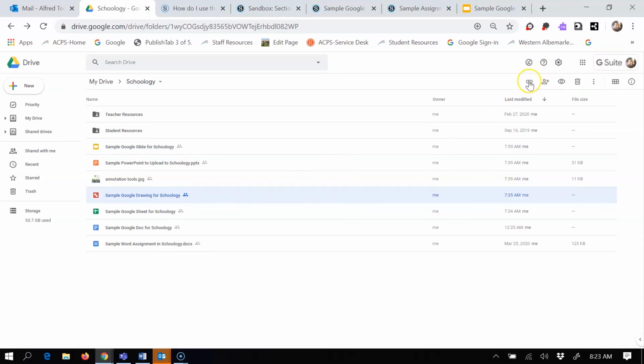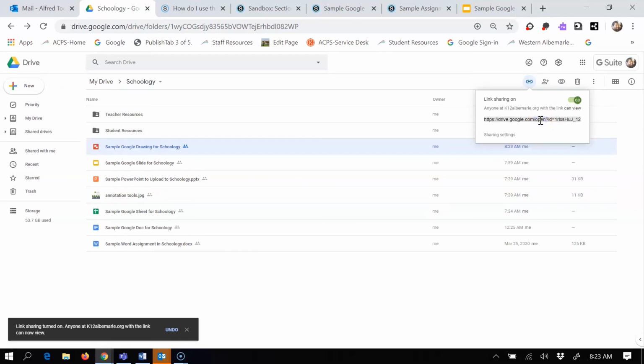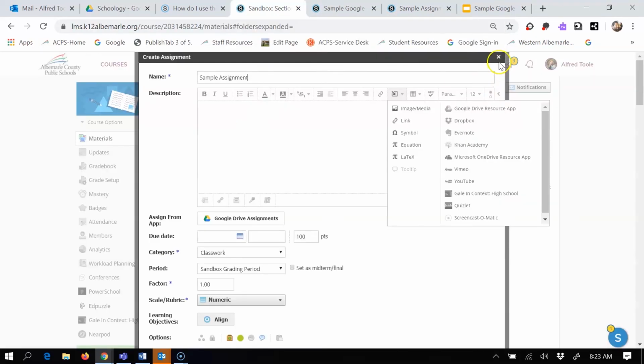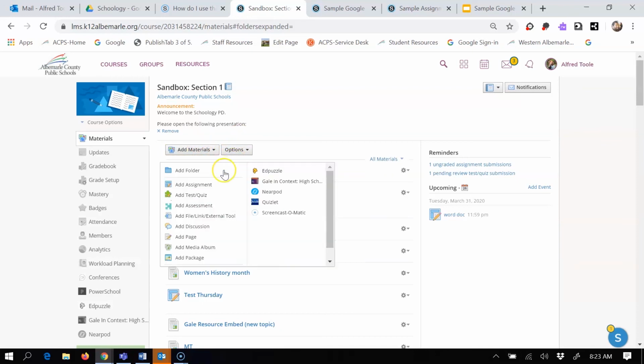I can come over here to this link icon, and if I left click on it, it'll ask me link sharing is off. So I'm going to toggle this to the right, and then what I would do is copy this address right here. Now once I've copied the address, I come back to Schoology. And what I'm going to do when I'm in Schoology is I'm going to come over to Add Materials. Again, you can use this green line and choose Add Materials and put it at the top. So I'm going to find the green line, click on it, and I'm going to choose to, in this case,